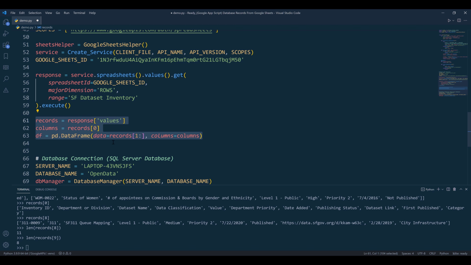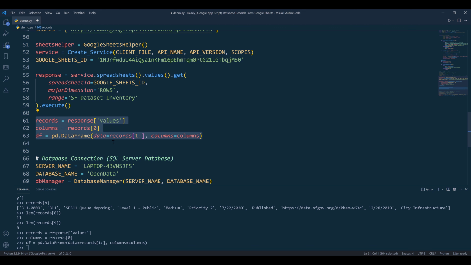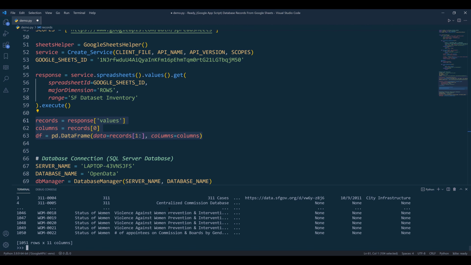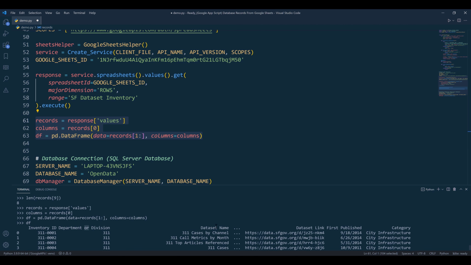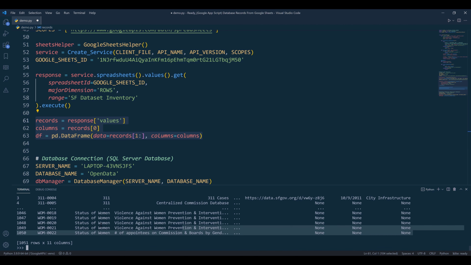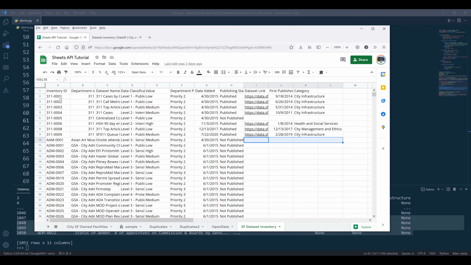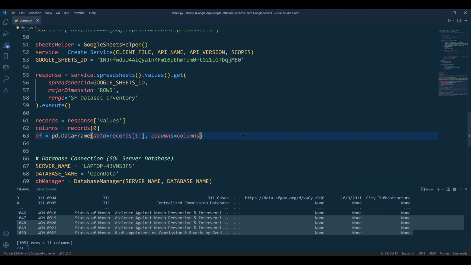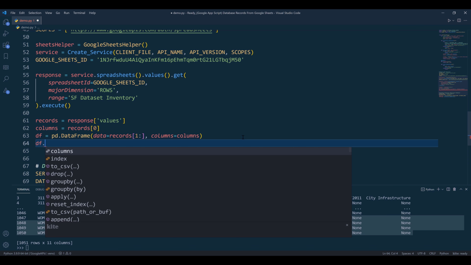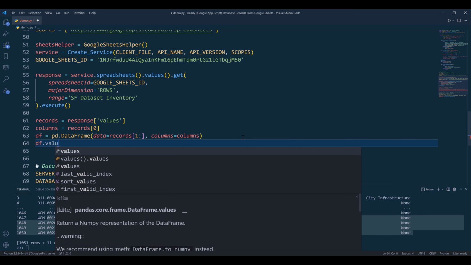And if I go here and create the DF object, or data frame object, and if I print the table, the pandas library is going to organize the data as a regular table that is going to be identical to my inventory table in Google Sheets. Now to convert the DF object back to a regular list,